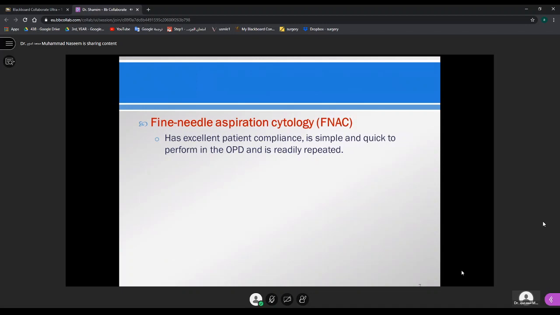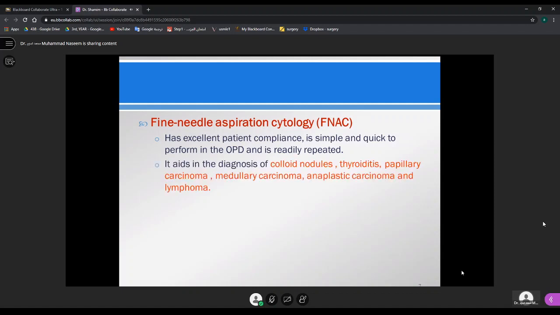Fine needle aspiration cytology has excellent patient compliance, is simple and quick to perform in the outpatient department and can be repeated easily. It helps in the diagnosis of colloid nodule, thyroiditis, papillary carcinoma, medullary carcinoma, anaplastic carcinoma, and lymphoma. So you can see the exception is follicular. It cannot help in the diagnosis of follicular adenoma or follicular carcinoma,